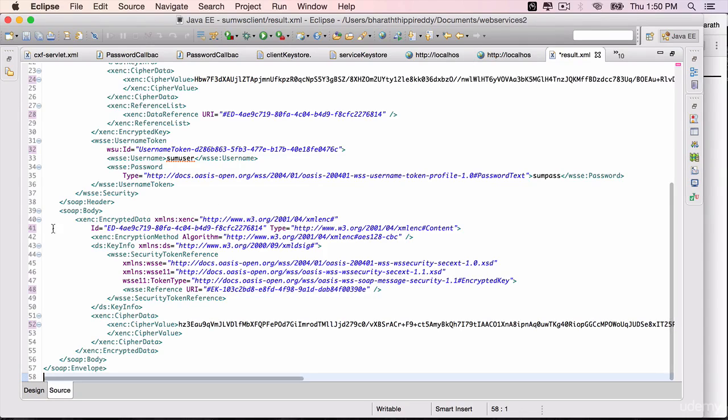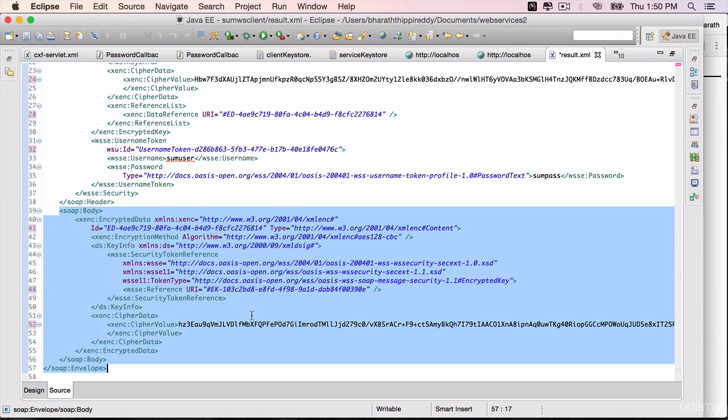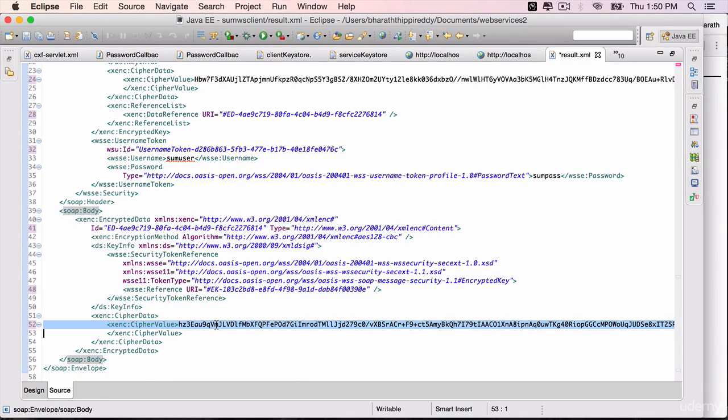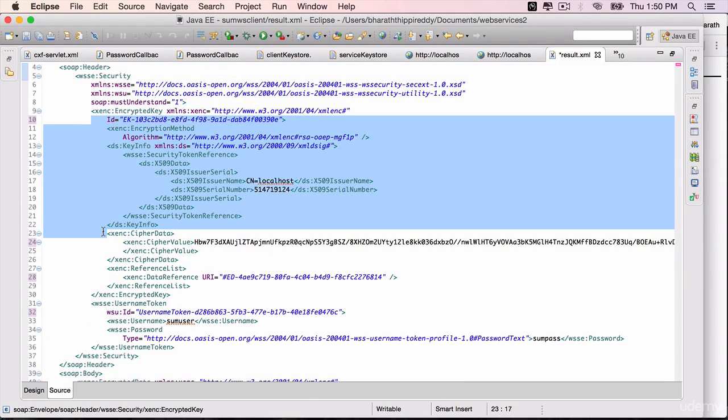And you will see that the entire SOAP body is now encrypted. You don't see 10 and 20 here, but it's all encrypted. And you will also see the algorithm that is used, the key information, etc. So our request got encrypted. On the server side, it decrypted the request, calculated the result or invoked the endpoint, and then sent back the